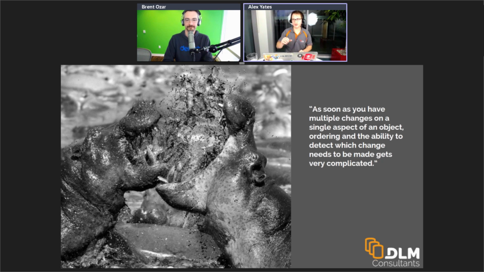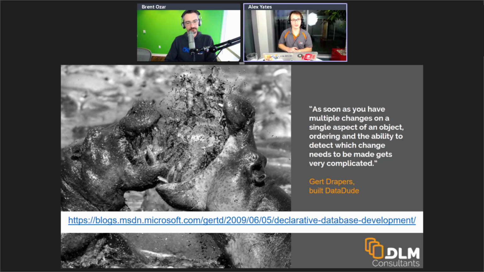Also, let's think about programmable objects, views, stored procedures. These things are just code. There's no data there. So why do we need to think about that in terms of alter statements? If I'm going to put sequential update scripts, every time somebody changes that stored procedure, it's an alter procedure. Now, if 3 people edit the same stored procedure at once and I run all of those alter scripts, last one wins, and we've lost the stuff that went beforehand. That was Gert Draper, by the way. He's a Microsoft guy who built DataDude, which later became SSDT and Visual Studio Database Projects, which is a declarative, model-based way of thinking about the problem.